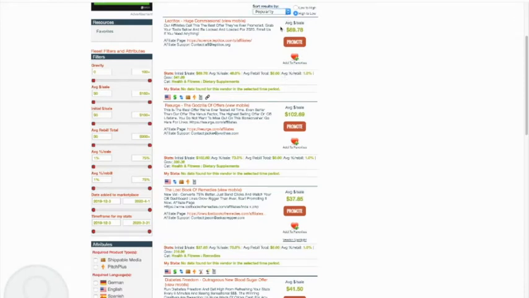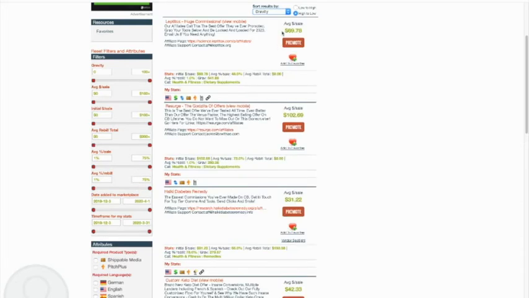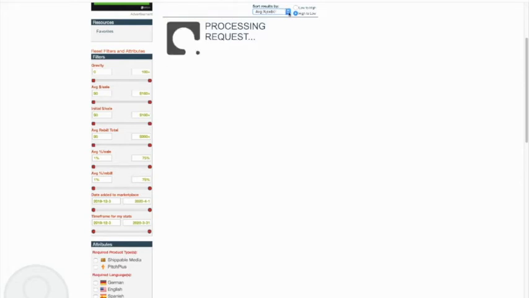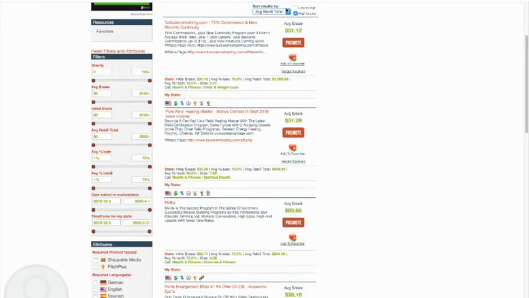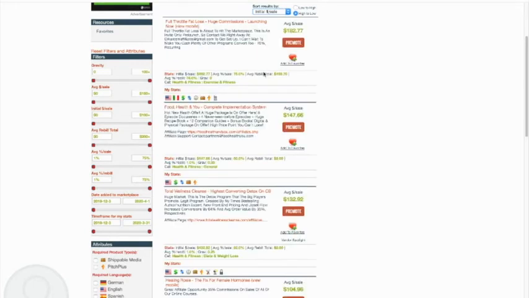And you can also sort. So for example, if you want to sort by gravity, it sorts by gravity, but you can also sort by various other ways, from rebill to initial amount per sale. So this one it averages $182.77 per sale. So if you want to promote the product, then you just click on promote, and then it'll open up a window which will then